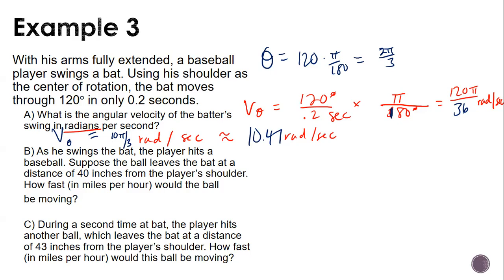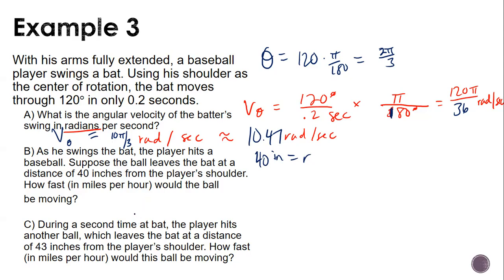What should we do here? What does the 40 represent? So it's the inches from the shoulder, right? So this is the 40. So this would be what of the circle? If I'm the radius. So the 40 is our radius. So we have 40 inches equals our radius. And we already have our angular velocity. And so if it's miles per hour is what they want, we're gonna have to go from inches and make